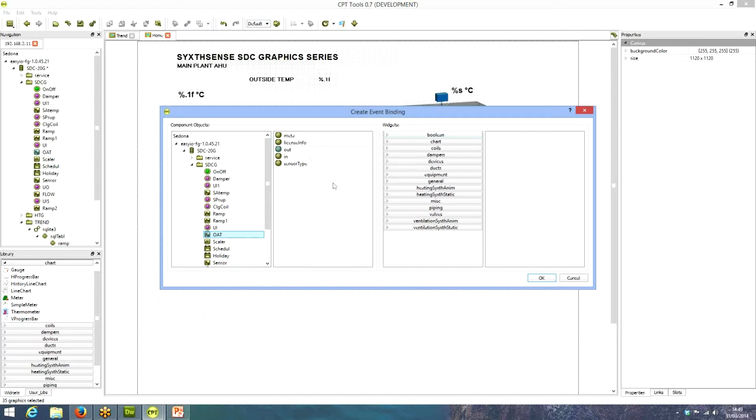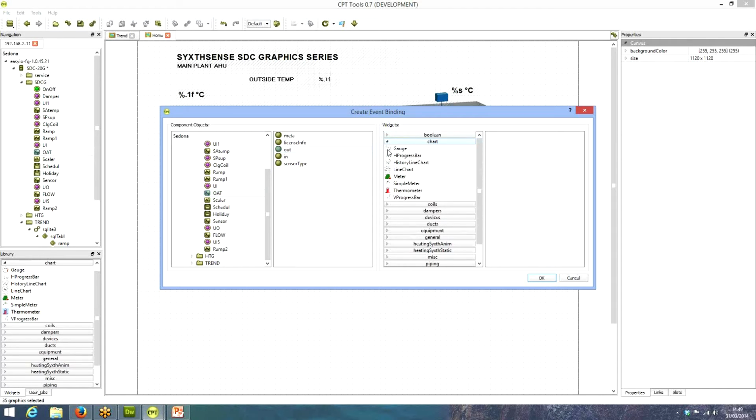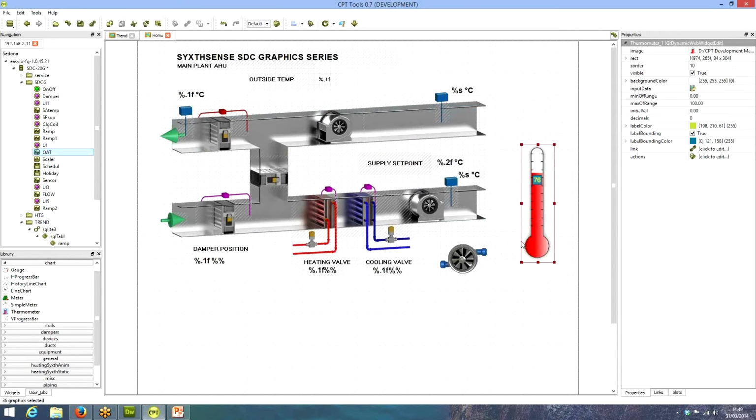up the window where on the left hand side we have the hierarchical structure of the programming objects. In this case we have an outside air temperature, and we take the output property of that and we link that on the right hand side to, for example, the thermometer object, and press OK. So now we have created that graphic page on our PC in the CPT tool. In order to publish that, in order to get that page displayed on a controller, what we need